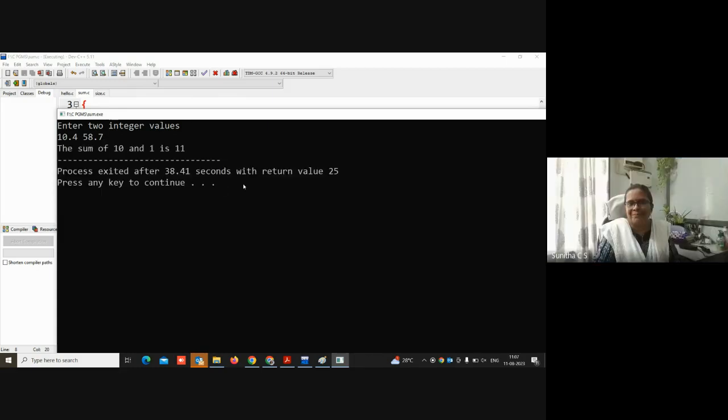No. See, initially it was taken as 10 and the second one is entirely different. 58.7 is entirely different. It is taken 1. You can, because what happens is it takes the initial 10 as an integer. Because it's a formatted input, it expects an integer.